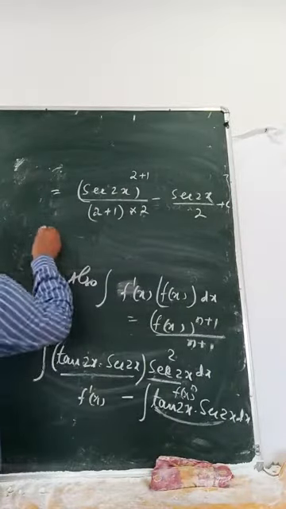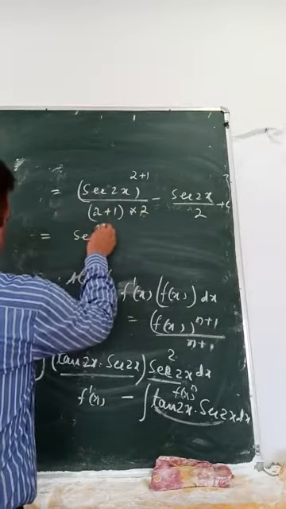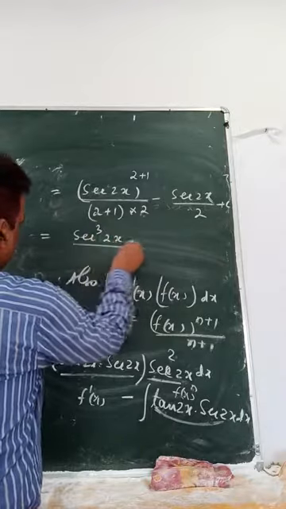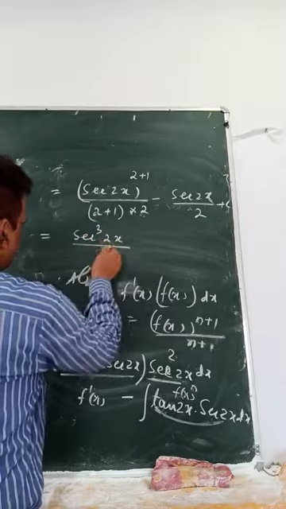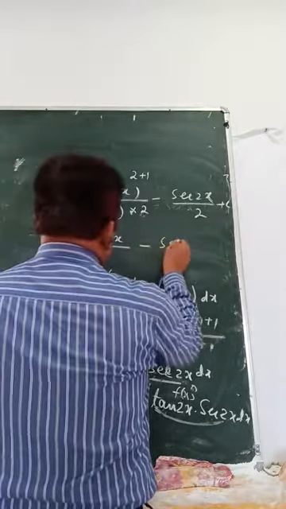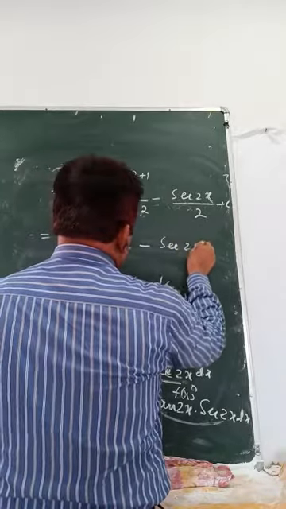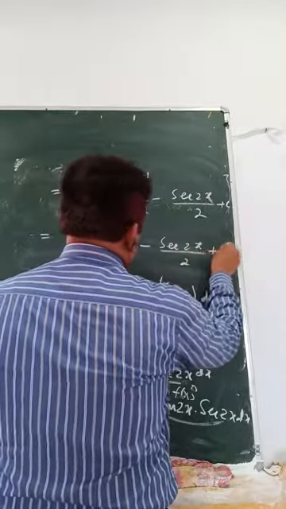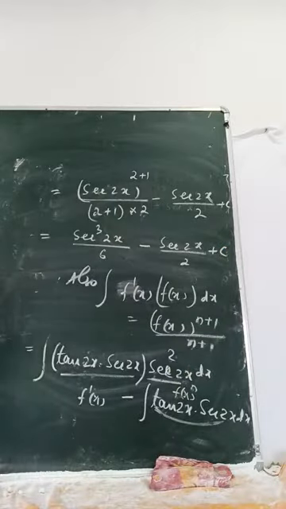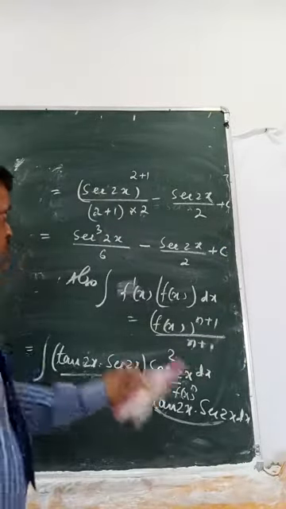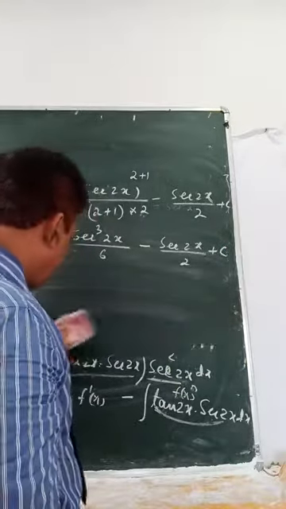So conclusion: sec cube 2x by 3 (2 is 6) minus sec 2x by 2 plus a constant. Okay, this is one pattern. Now